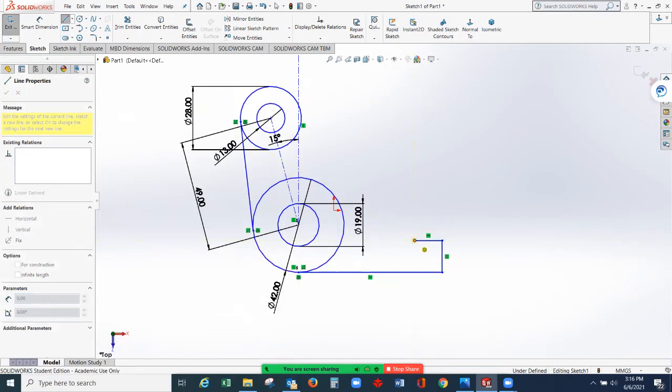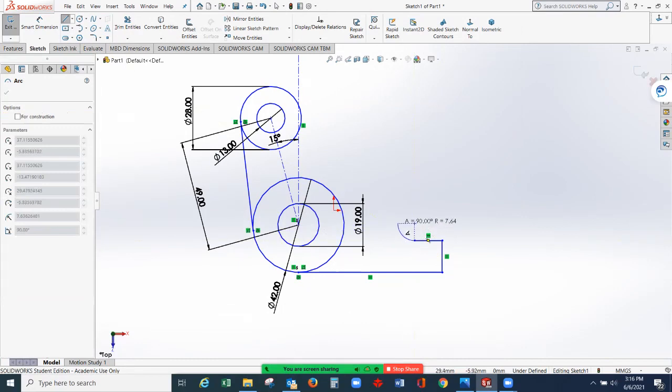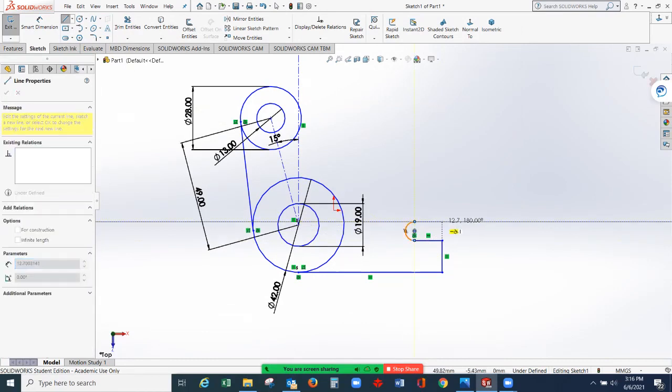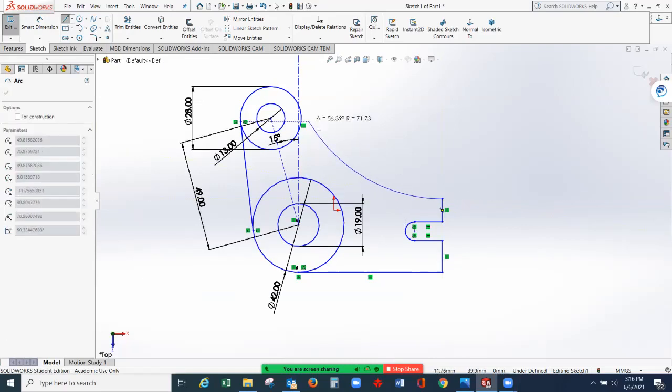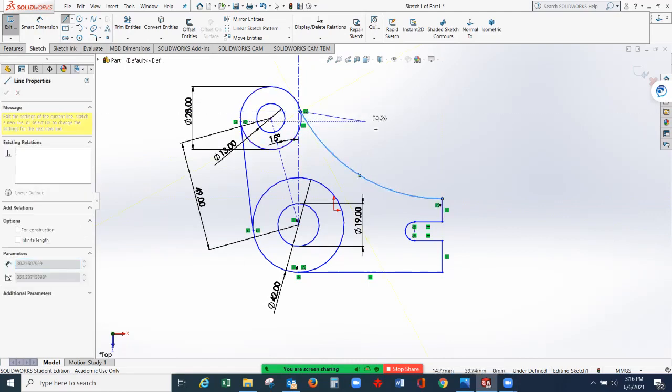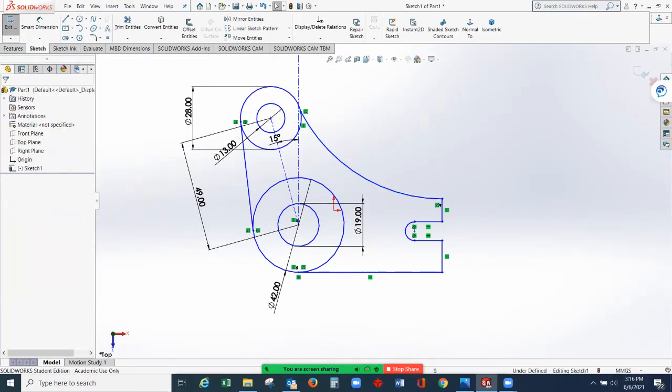So you can go back to the last point to create an arc, okay? And then you have one more horizontal here, one more vertical line. Now from here we have an arc, okay? So we need to go back to the last point and drag your mouse to the other side. Press the skip button to terminate the command.